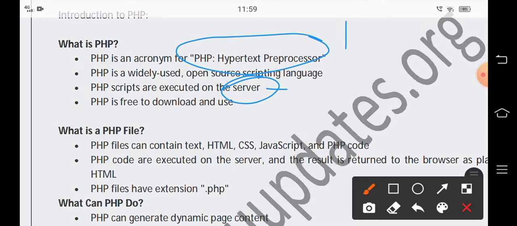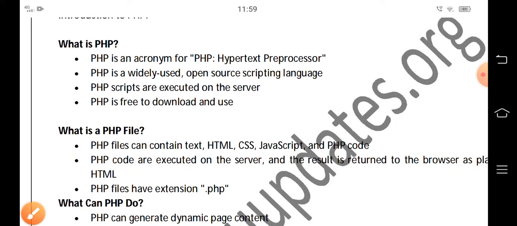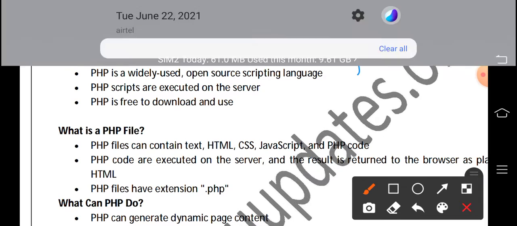As we all know about HTML, then CSS, JavaScript, these are the topics we have covered in our last sem paper, that is web technology. These three come under client-side scripting language, whereas PHP comes under server-side scripting language. Suppose you have a Facebook account, then how do you access this account?